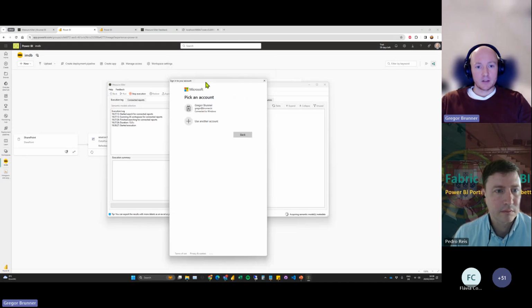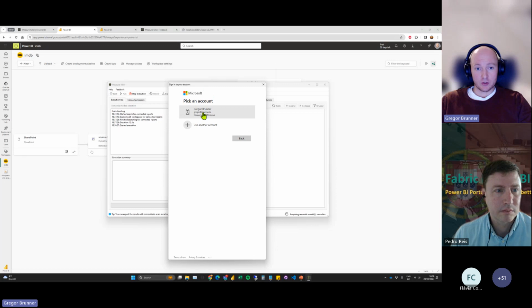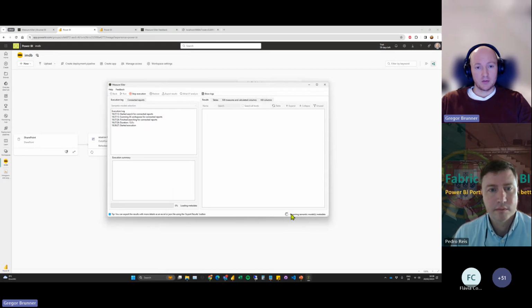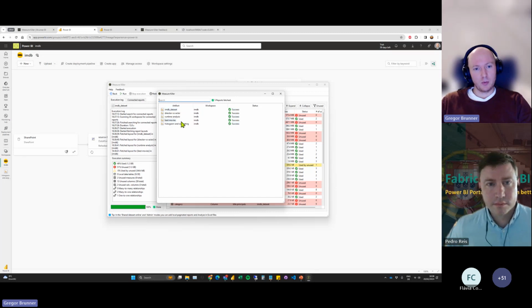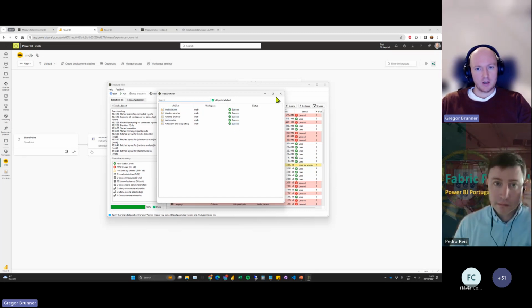Then I click on Run. When I do that, it's doing an XMLA connection to the dataset. So that's why I need to authenticate for the XMLA. And it always only analyzes the metadata. So from the reports, it gets the metadata and also from the dataset. And you can see everything went well. There are no errors. For some reports, like the app or capacity metrics, sometimes we could also have problems getting the metadata for those reports, but most of the time it works just fine.